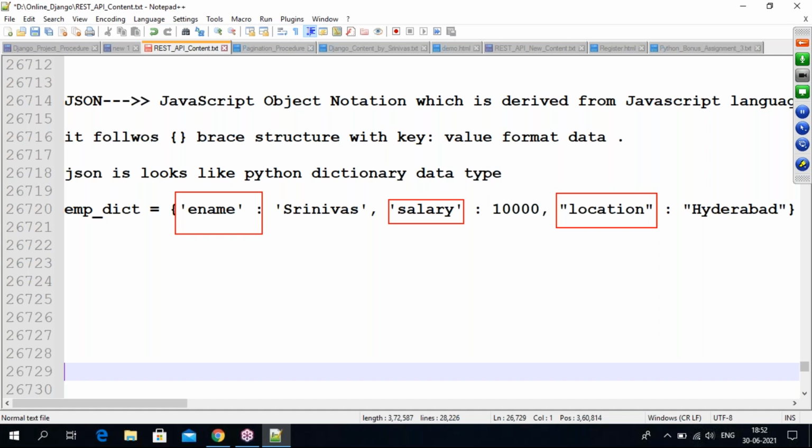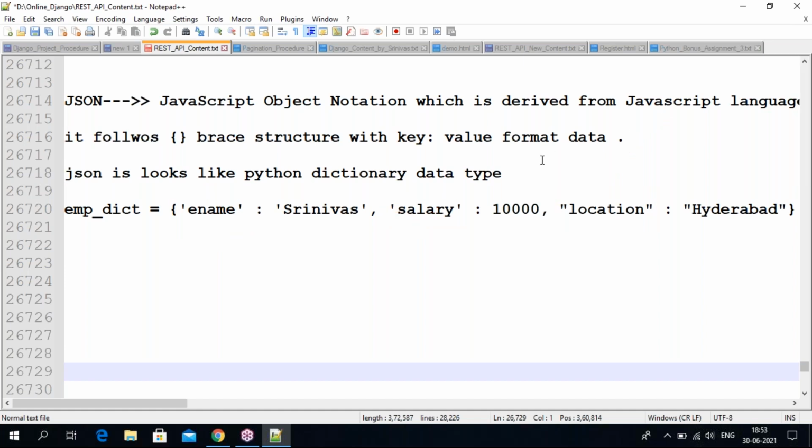But if it is JSON, single quotes are not acceptable. In JSON we always need double quotes format only.